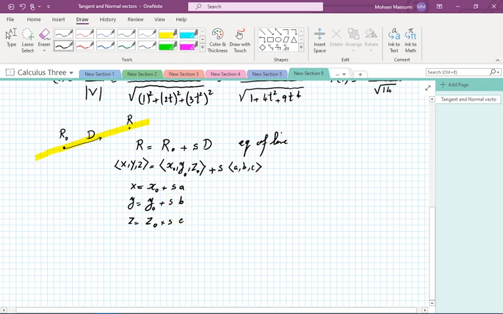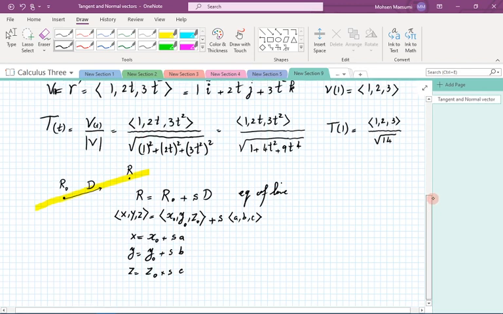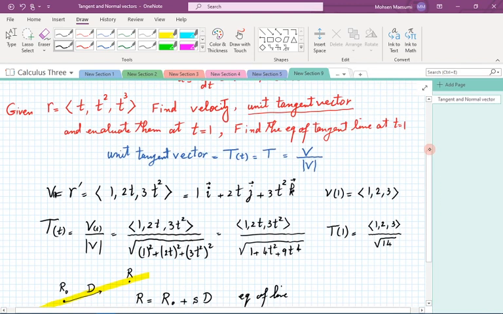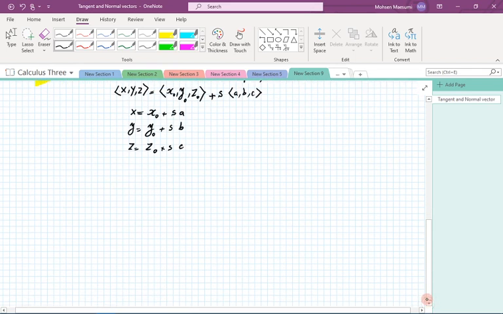The question that we have here is, give the equation of that tangent line. So the tangent line at t equal to 1. Well, this is the location at t equal to 1. You're at the location 1, 1 squared, 1 cubed, which is just 1, 1, 1. And then you are going in the direction of this vector 1, 2, 3, and then you just take so many steps of this. So the equation of the tangent line for us,